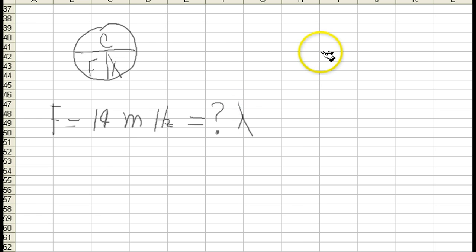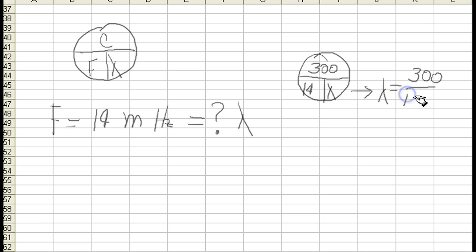Well, come over here and draw this nice magic circle that we did. Now over here we told you that you got to remember that the speed of a radio wave is 300 million meters a second. And in this problem they told you that the frequency is 14 megahertz. So now the wavelength, lambda, is equal to what's left in the circle. So it's 300